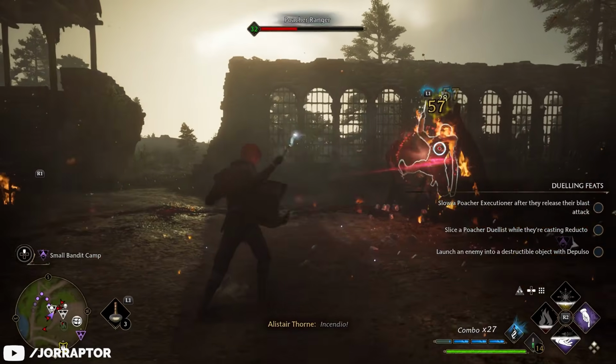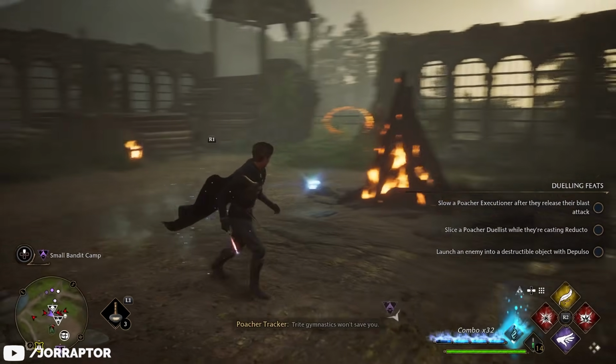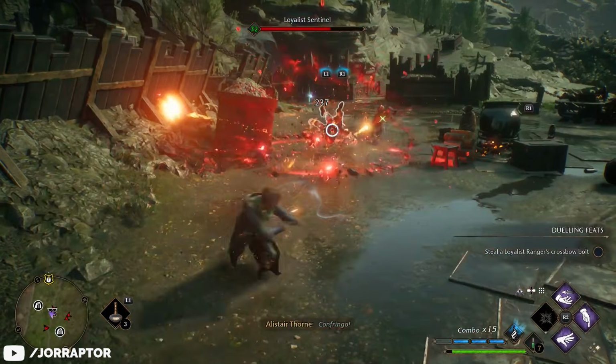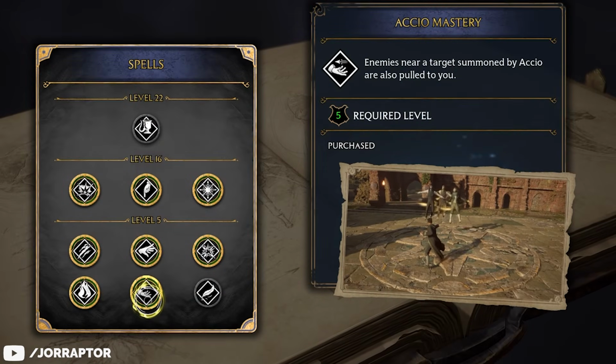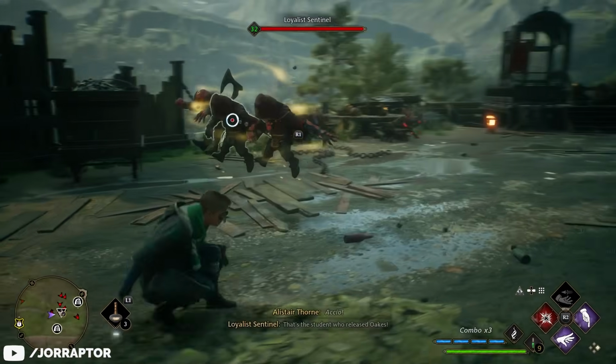Even if you don't kill them, it will keep them disrupted from the fight, as they tend to run away in an attempt to create distance again after they drop back to the ground. Another thing that's wonderful about Accio is that it pulls your target off the ground, or multiple targets if you also unlock the talent, which sets an enemy up for a lot of nasty combos, most notably with some of